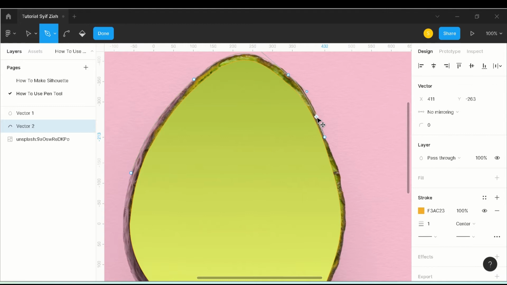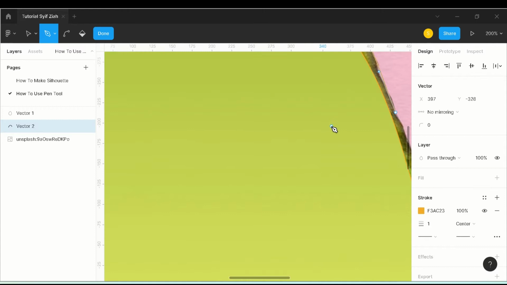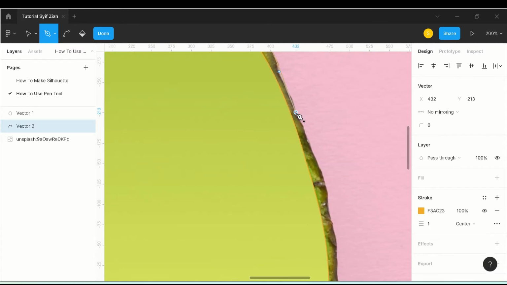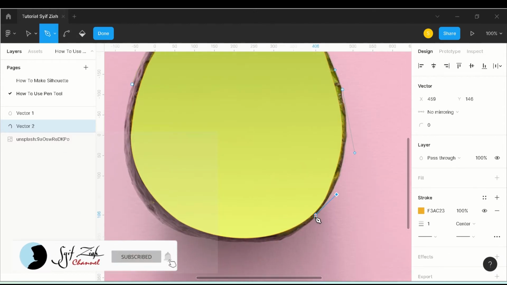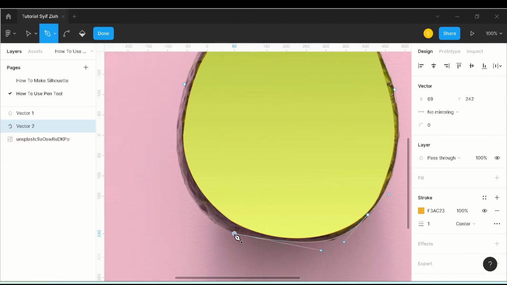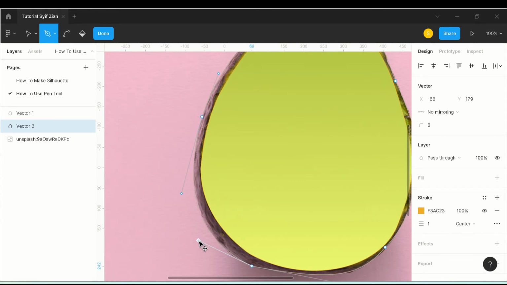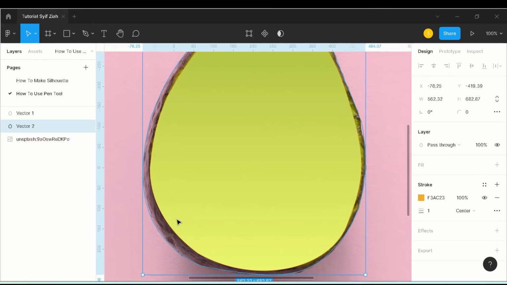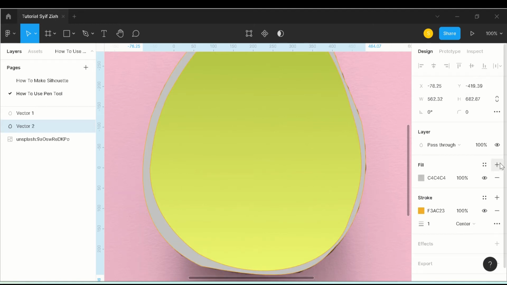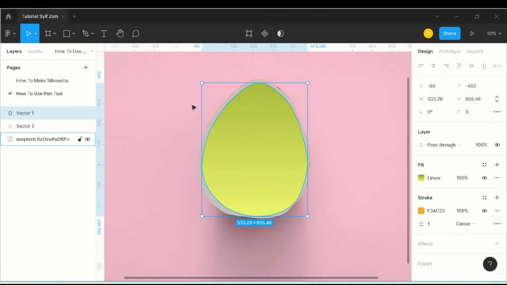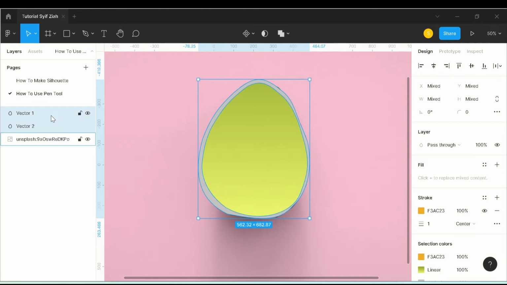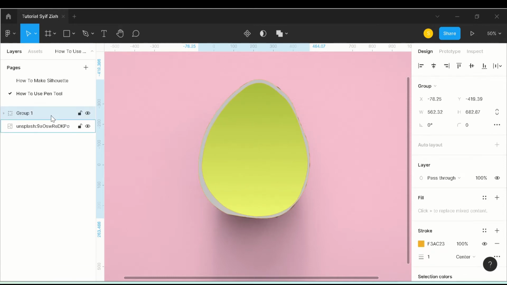Okay. And I wanna make it fast. Okay, these are the definitions for the pit. Okay, I wanna group it, yeah, to make it easy to move.